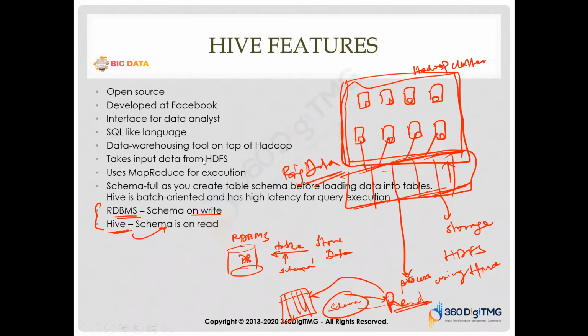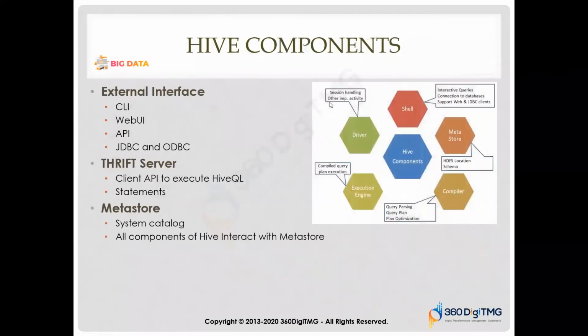Fine. So these are the bunch of features that we have for Hive. Now this is how your Hive components are expressed. No, Gopi, not exactly. You cannot say Hive deals with both structured and unstructured data. Hive is a component which would deal with data which is in structured format. So when you are reading the data to process it, you are reading the data in a structured format. So it cannot handle unstructured data processing.